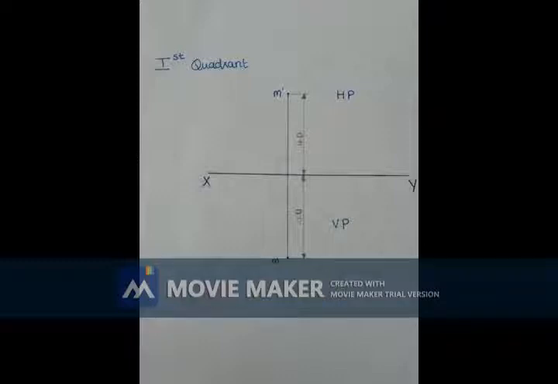So your point is 40 mm away from the XY plane, that is, 40 mm above HP, and also 40 mm below HP. So you want to place a point 40 mm above the XY and 40 mm below the XY. So how to do the dimensioning is, see this